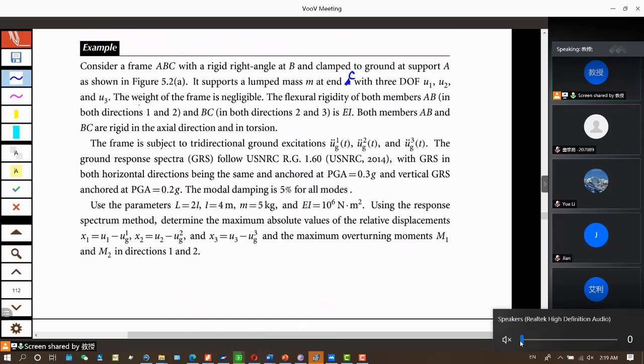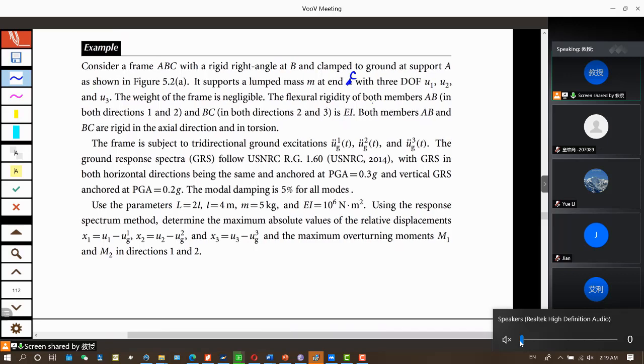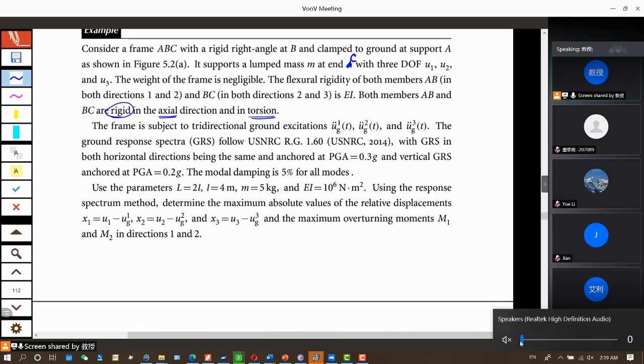UG1 double dot, UG2 double dot, UG3 double dot. And the ground response spectra follow US NRC RG 1.60. This is the US Nuclear Regulatory Commission regulatory guide 1.60. Okay, so and in both horizontal directions,